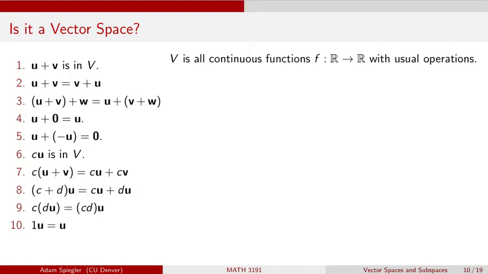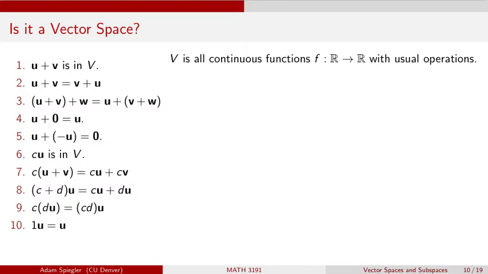So for the first example, let's let our set V consist of all continuous functions that map from R into R. So we're thinking of single variable functions with the usual operations where we add two functions the usual way. We can group like terms and so on. And when we multiply a function by a scalar, then we distribute that scalar through every term in the function. So now let's consider these functions with our usual addition and scalar multiplication to see whether we satisfy these 10